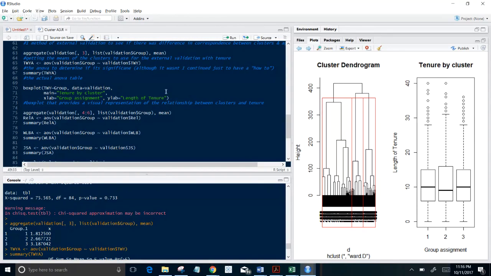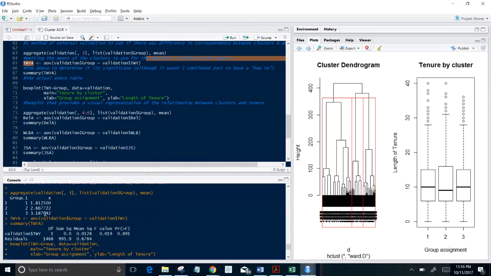So because I had 3 clusters, I can't just run a t-test. I have to run an ANOVA. And so that's what this is up here. This is the ANOVA that I had to run, and the summary of the ANOVA, which basically gives me the ANOVA table to determine whether or not the ANOVA is statistically significant. It was not, which basically means I could have stopped here because, hey, there's 3 clusters, but